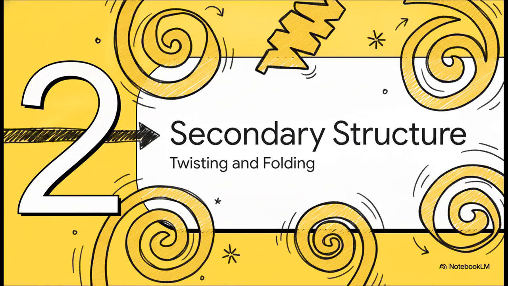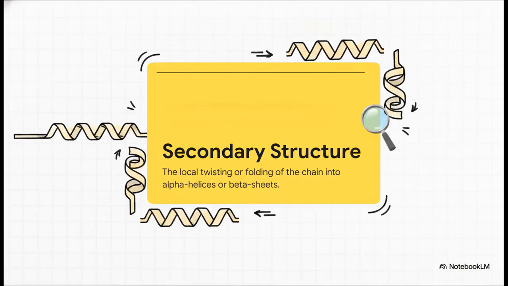Once we've got that foundational line securely linked, we move on to step 2, secondary structure, twisting and folding. Because, as you might guess, our simple flat line doesn't stay flat for very long. The secondary structure is defined by the local twisting or folding of that primary chain. So sections of our long string of amino acids begin to actually interact with their immediate neighbors. They start crinkling, coiling up, and bending into these distinct, localized physical shapes. It's kind of like taking a piece of flat string and watching it start to curl in on itself